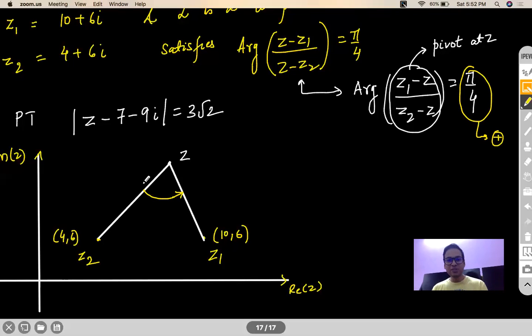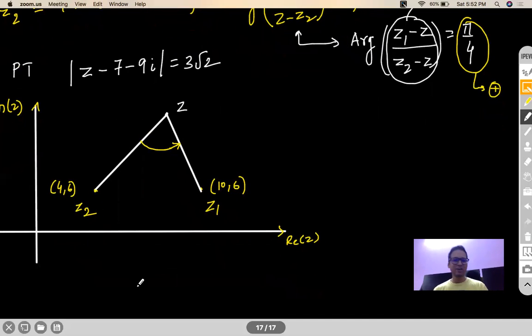Now, what if it was not anti-clockwise? Then what would you do? Then obviously Z has to be below. Correct? So had it been not anti-clockwise, then your Z would have to be below. And that will make a difference to you solving the question. Please note that. Not probably in this, but even in this it will make a difference. Be aware of whether they are saying pi by 4 or minus pi by 4, because your direction will change in that case. Are you getting my point here?